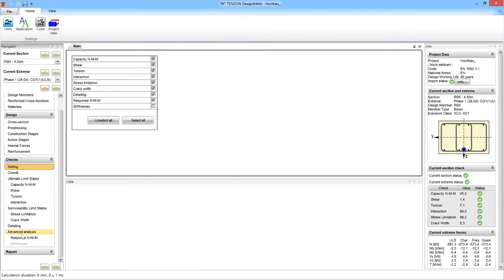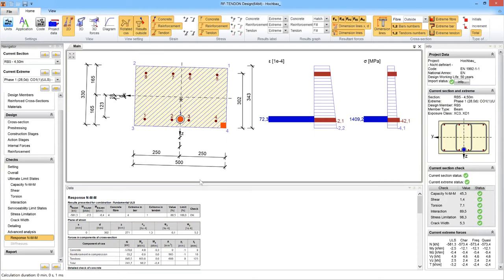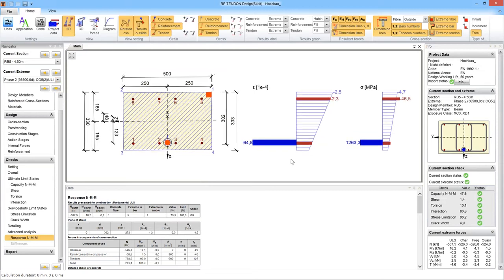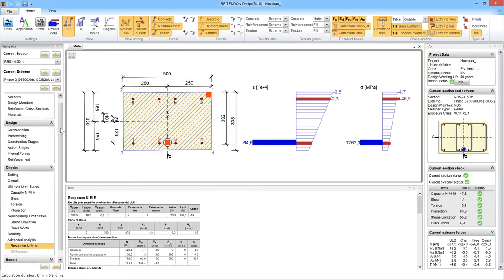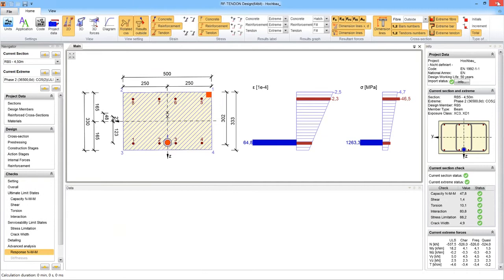And the response or stiffnesses response I can show here, and you can use this response to show all these stages. So that was at 28 days. You can see that there is quite significant pre-stressing at the bottom fibers. Then at 120 days, we have some losses already and also higher load. So this is smaller, and at 100 years, it is an even bigger difference. When we are happy with the design, then we can go back to